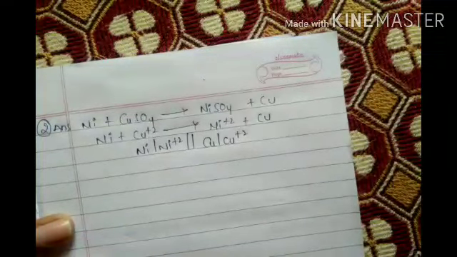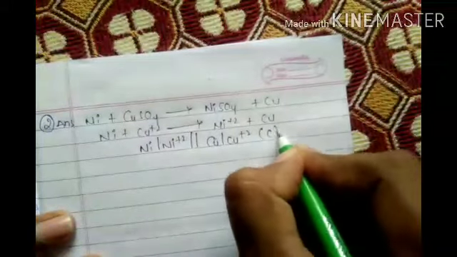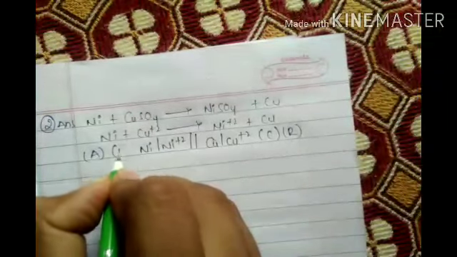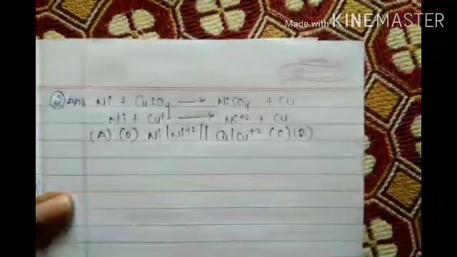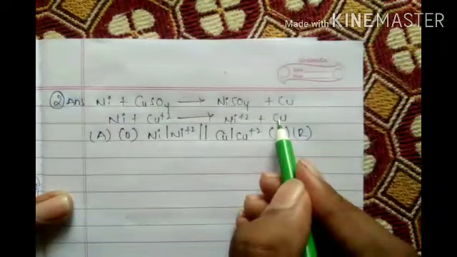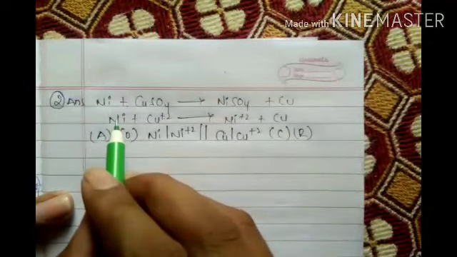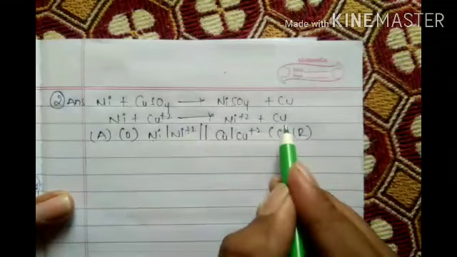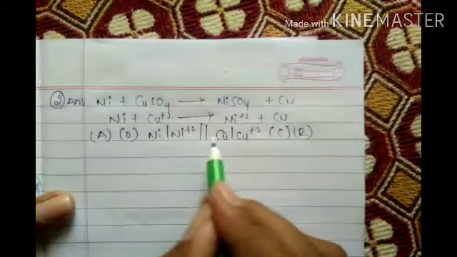So copper, nickel. Sorry, this is reverse. Here Cu2+ will come. Take it. See here, cathode: reduction, anode: oxidation. How am I telling? By looking upside. Here, what is going on? Nickel is losing electrons, so oxidation. Copper is gaining electrons, reduction. Got it? By looking at this one only I am telling.